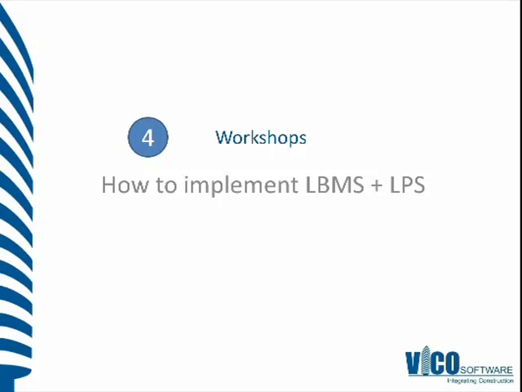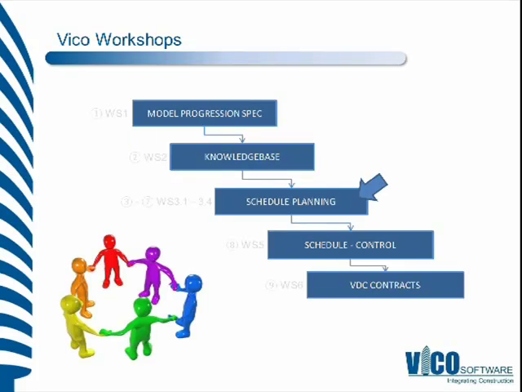Let's look briefly at how we can support that by using a workshop-based process. Vico has a whole host of these workshops. There are 9, as you can see, in total here. The first is the model progression specification. It's detailing how we are going to generate a model that is worthwhile using in the 4D and 5D process, so for extracting quantity information and being able to tie that to a knowledge base, and